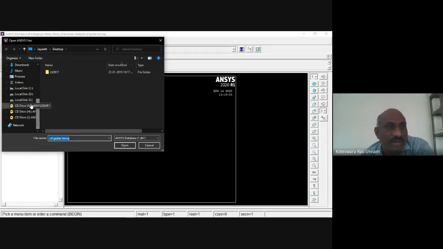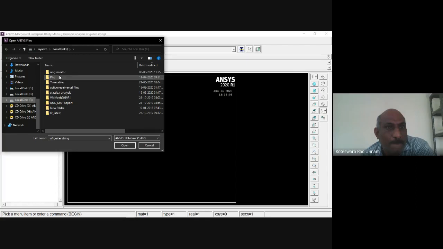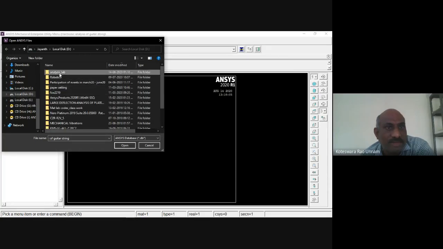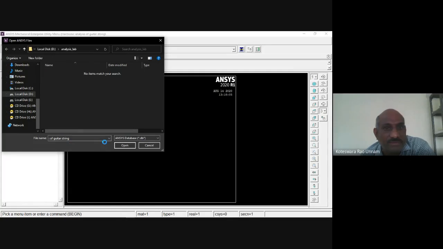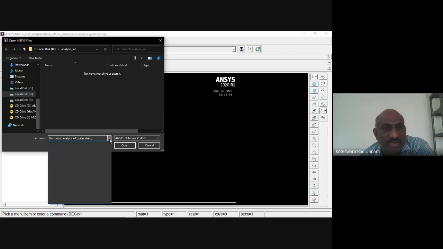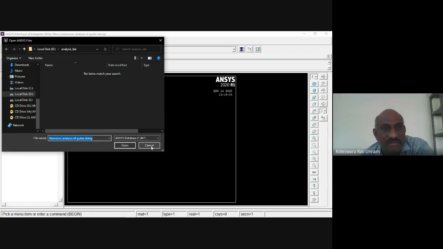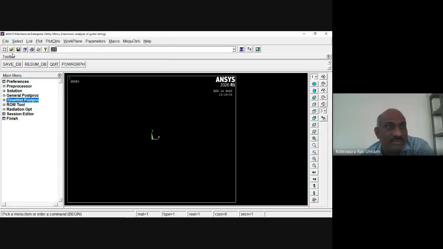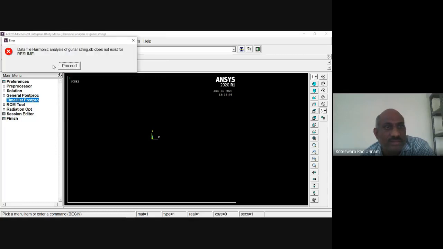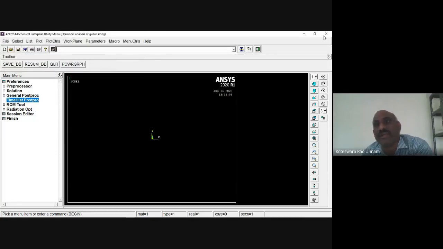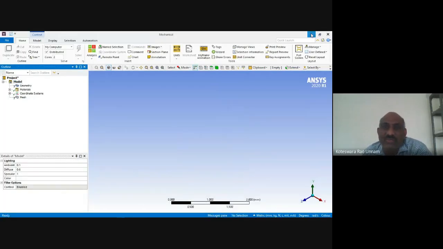Okay, maybe I haven't saved that. Let us see. It is not available, I think. Anyway, you will get a curve like that. If you increase the number of load steps, you will get a further smooth curve.